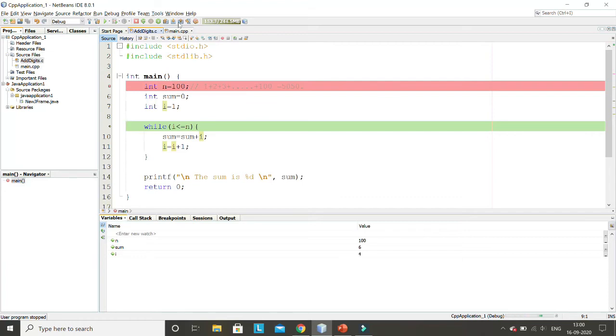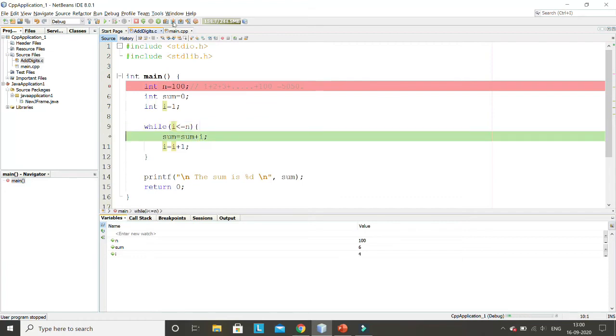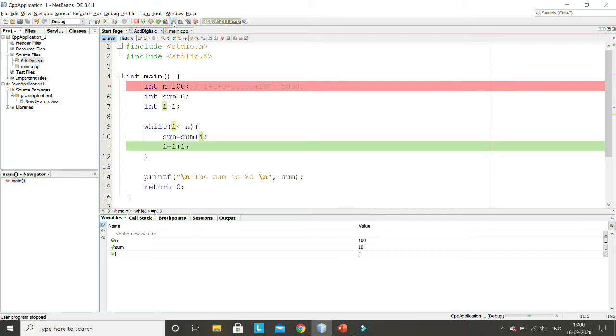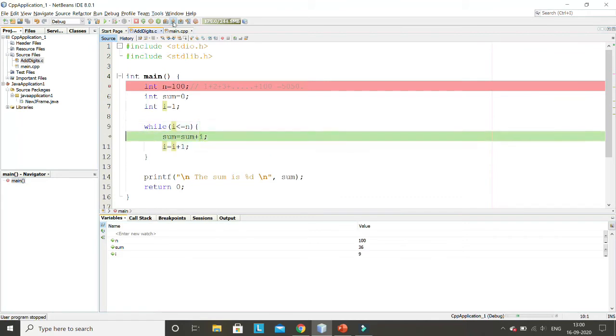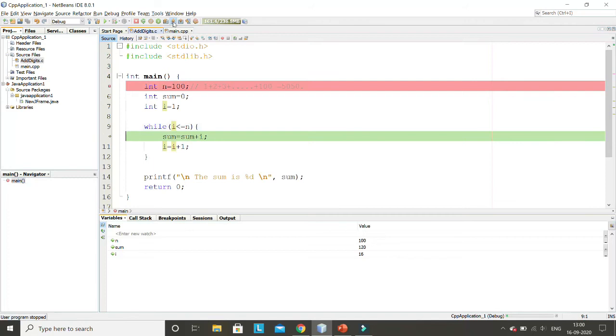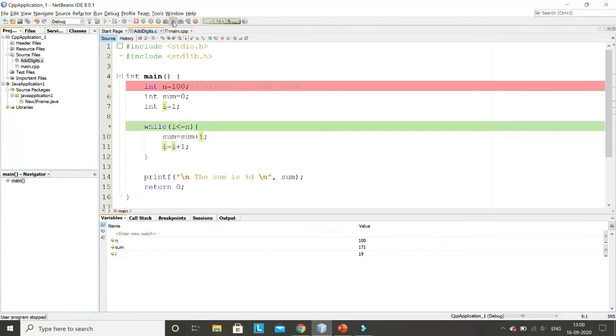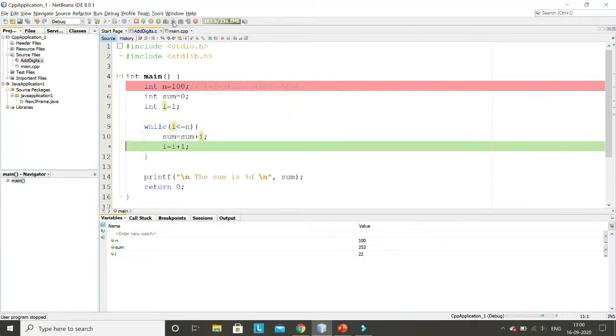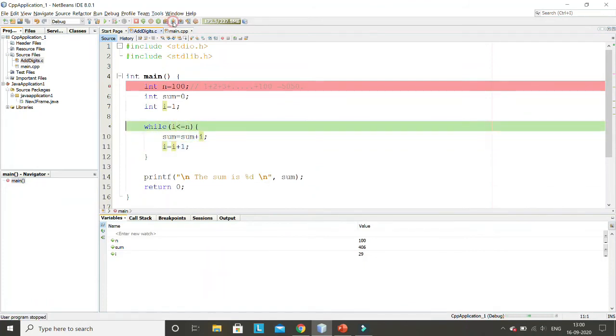So you can see here, if I go for I equal to 4, then now I equal to 5, again it will check. So I am executing it again and again, the same step it is executing and looping. This is called a loop, means the same step you are executing again and again until a condition is true. You can check here how the values are changing and what the current value of I is. Current value of I is only 29. That means we have to execute it more times until it reaches 100.